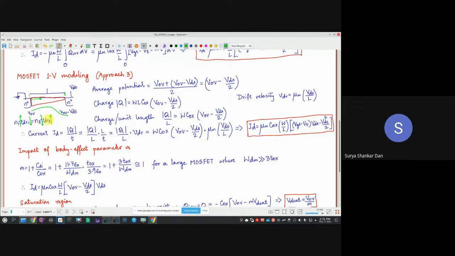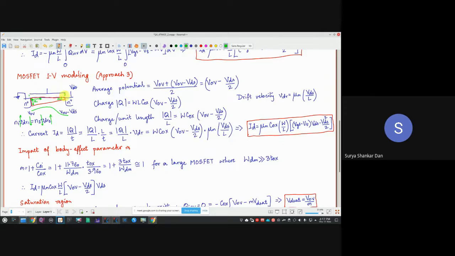Why is the drift velocity very high? Because the electrons are getting accelerated because of the lateral field. Clear? The second corollary of this is what we discussed in the previous lecture itself. Coming back to our original question, what does this represent? This represents the free electron concentration. So N1 here is larger than N2 over here.